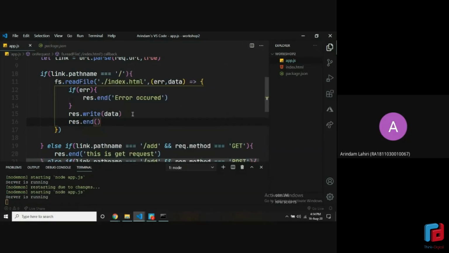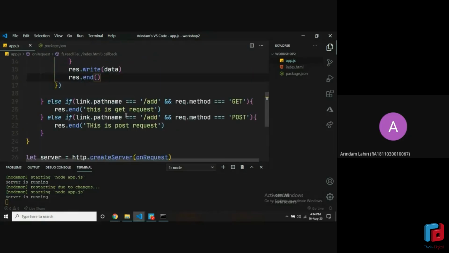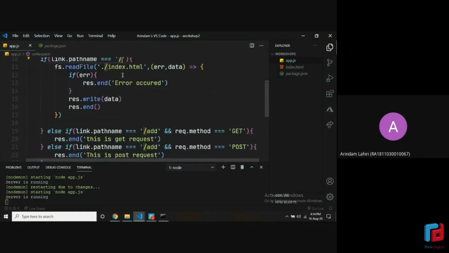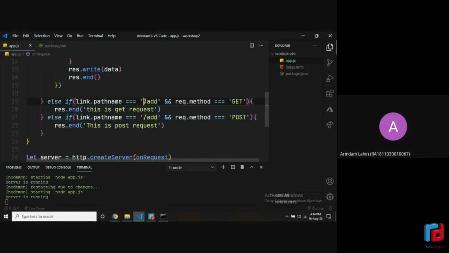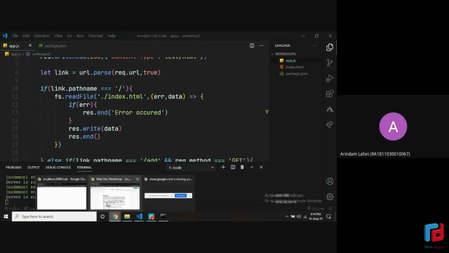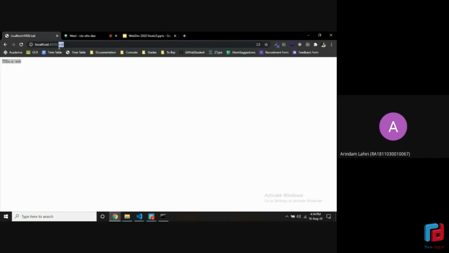So if you now go back, now we have written a lot of code. So I hope you all are following me right now. We have three pathways here, three endpoints here. First one is slash, which is the home endpoint, which only if you type localhost 4000. Then there is a slash add, and then there is a slash add again. But the difference here is a get method and a post method. I'll be explaining get and post in just a second. For now, let's just go back to the browser and see if our file is being displayed.